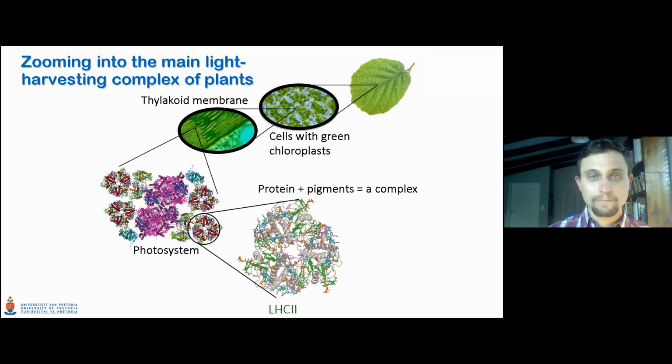Okay, let's zoom into light harvesting proteins. So from the leaf here, you can see the cell. This is a light image, a micrograph. You can see the green grains there, which are the chloroplasts. And if you zoom into one of these chloroplasts, you can see membranes, which are called the thylakoid membranes. They are regions that are stacked and some others that have a lower concentration. And inside these membranes, that's where basically all the photosynthesis takes place.